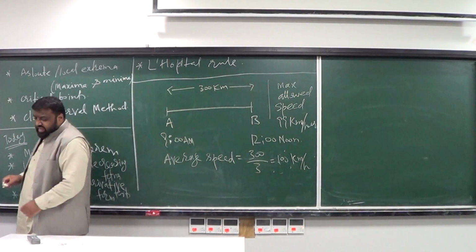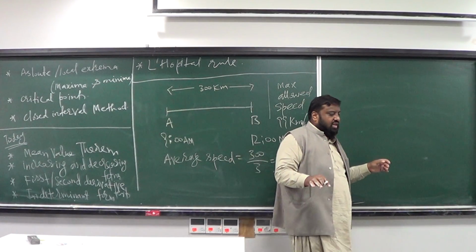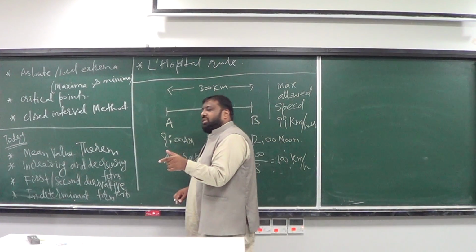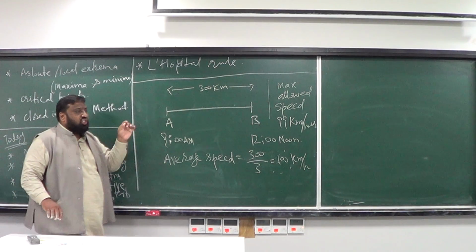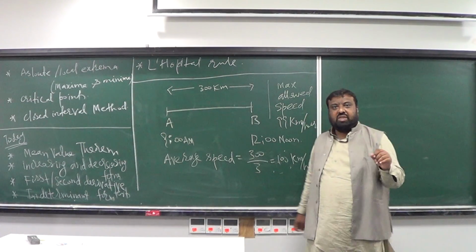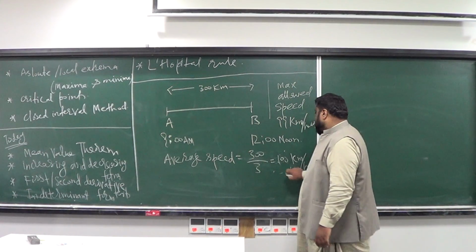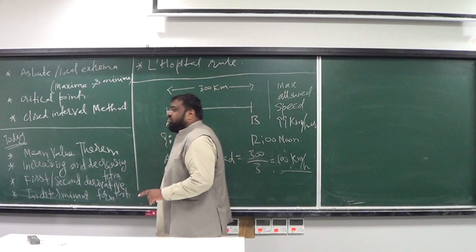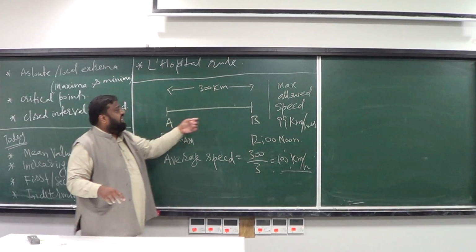Okay. As I said, on this road there is a rule that at any instant, if you go beyond 99 kilometers per hour, or you hit, for example, 100 kilometers per hour, you will have to pay the challan at, for example, B actually. Now you covered 300 kilometers in 3 hours, so your average speed is 100 kilometers per hour. Now keeping in view this average speed, can we make a guess actually that between A to B, while